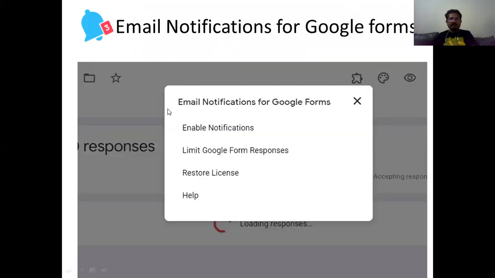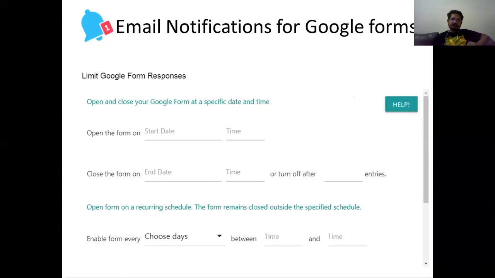If you purchase this add-on, in that case, you can use all these options. If you haven't purchased, in that case, you can use limit Google Form response. So I'll click on this. Once I'm clicking on limit Google Form response, I find this kind of window in which, see, you can select when to open the form and the time.